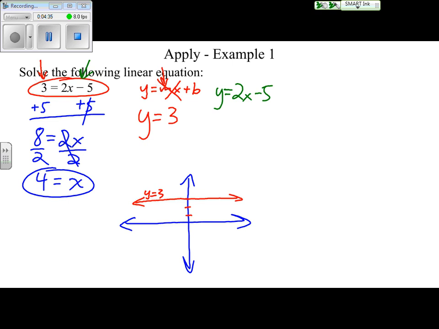And you'll notice that's also in the form of y equals mx plus b, where we have our m, or our slope, and then we have our y-intercept, or our b value. So our y-intercept's at -5, so 1, 2, 3, 4, 5. That's my y-intercept there. My slope is 2, or rise 2, run 1. So I go up 2 over 1, up 2 over 1, something like that. So I'll end up with that